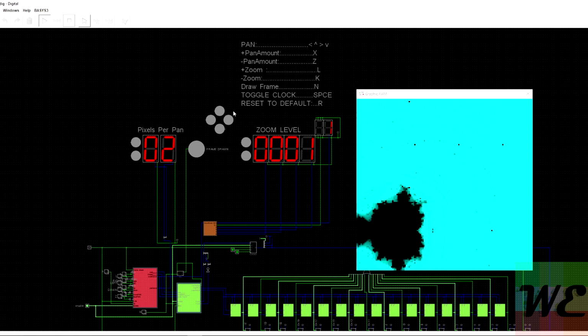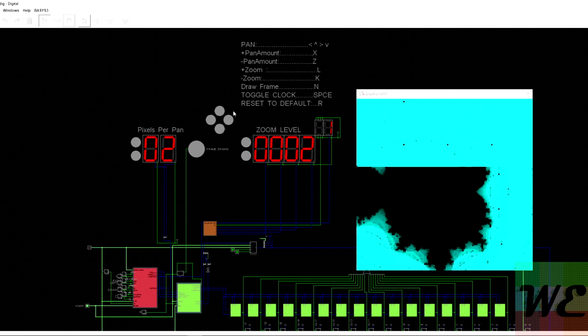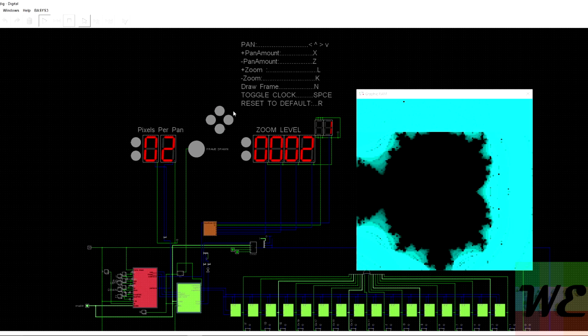Okay, now we're going to increment our zoom level. To do that, we press L, and you see our zoom level went to 2. We press N. Okay, cool, we zoomed in. We're at 2x zoom now. So we'll increment how many pixels we pan by, and move to the right a bit and up a bit, and redraw our frame.